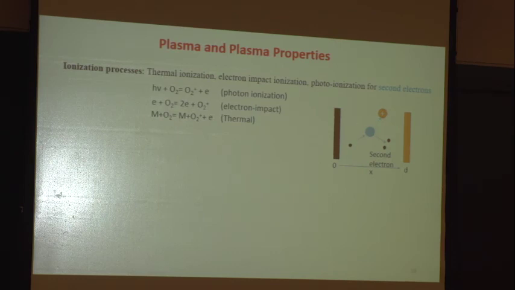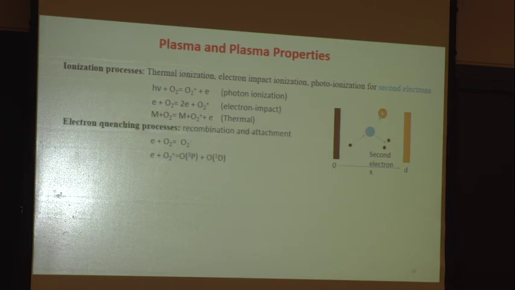So ionization has different processes in plasma. Plasma has electrons and also has photons, all right? Also has heat. All three processes can dissociate a molecule and generate electrons, right? So by photons, you have one photon hit oxygen, it generates ionization. By electrons, you can also, and by a thermal collision, you can also ionize. These are three processes to ionize the molecule to generate a second electron, for electrons to go through chain branching reactions, accelerate, right? One electron generates two, for example.